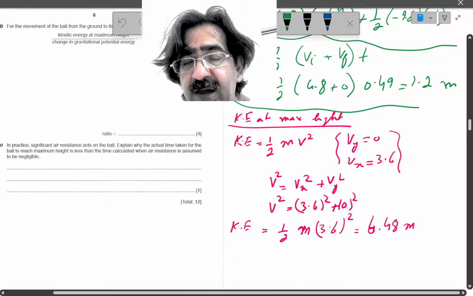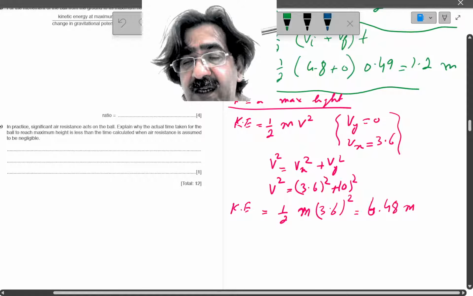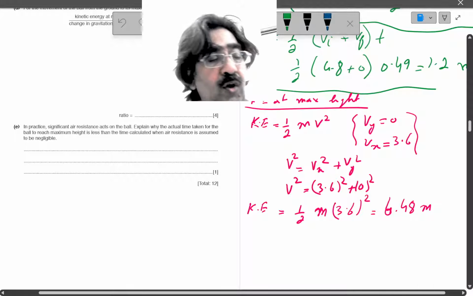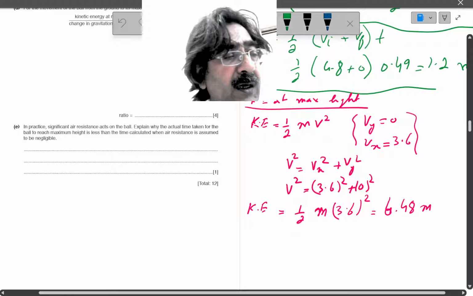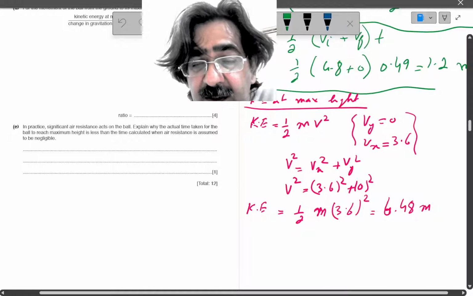When we take the square of 3.6 and divide it by 2, the result will be 6.48 multiplied by mass. Okay, and now we have to find the potential energy,